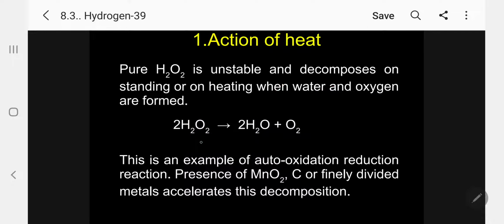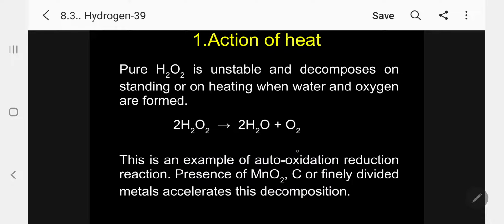Now in terms of mass, this is 2 times 34, that is 68 grams in total. On the product side, 18 plus 18 is 36, and this is 32. You simply add these two, that is 68 grams. So the total mass of the products equals the total mass of the reactants. This will be useful for you in future. Later you have to keep it in mind.